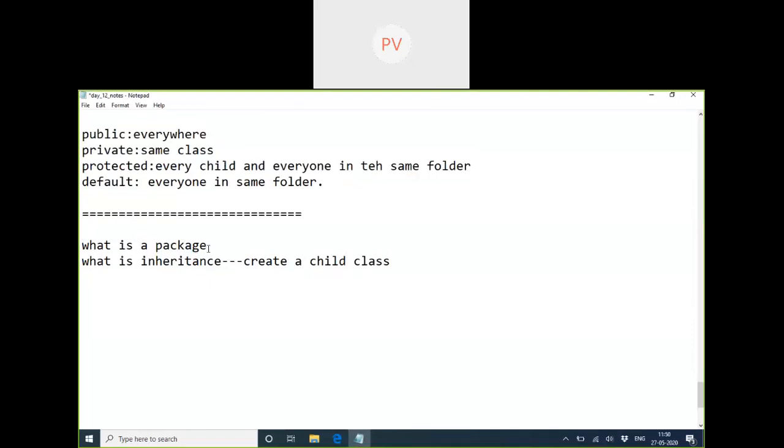With the package keyword, we are talking about folder creation. This is the first thing. If I am able to create a folder and put my classes inside it using the Java compiler, right? Packages are folders created by the Java compiler, not manual creation. We are not creating the folders. These folders are generated by the compiler.